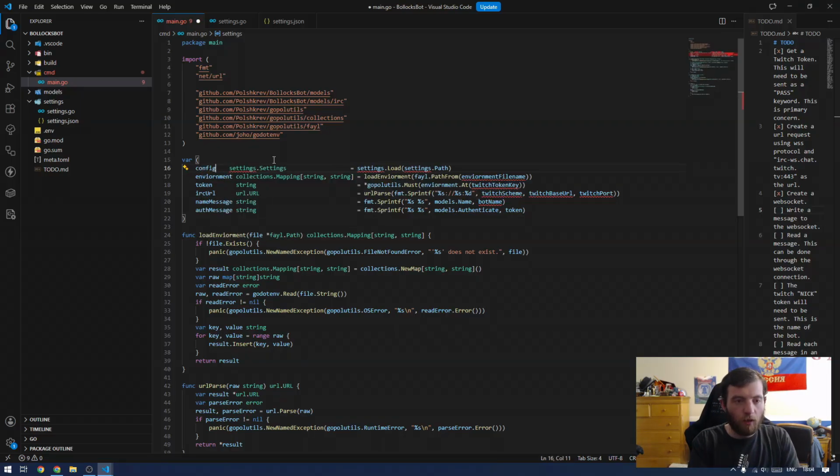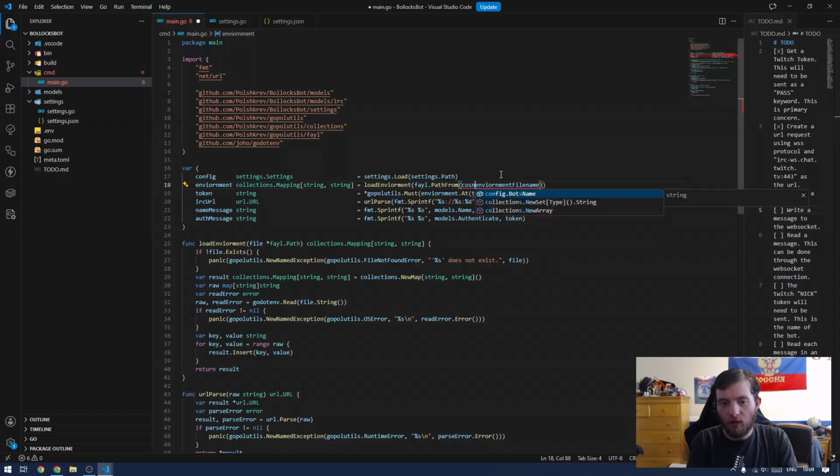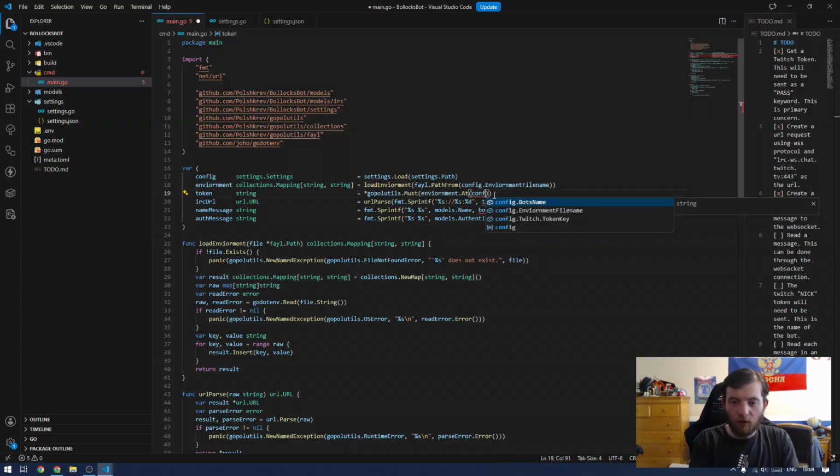I guess we'll say config for now. Settings. Alright, okay, so config dot environment file name, and then config Twitch token key,